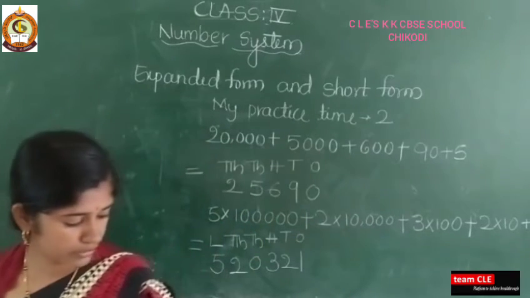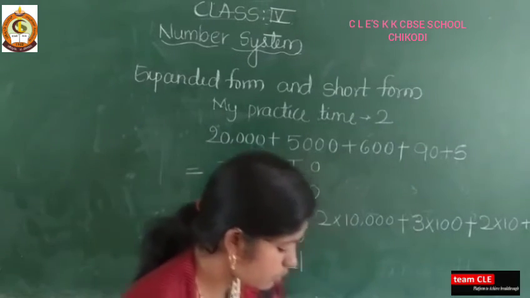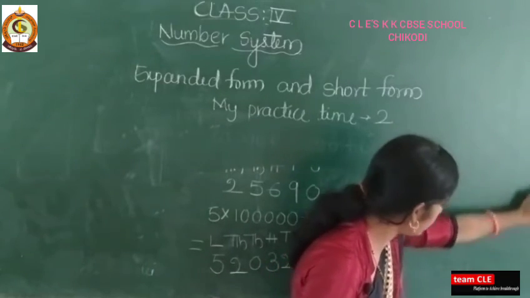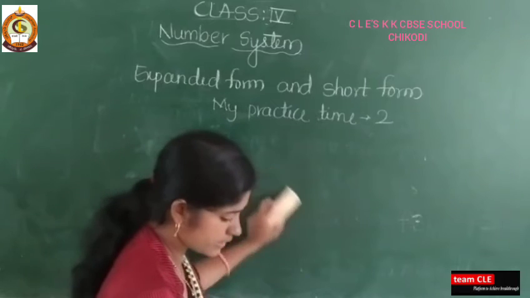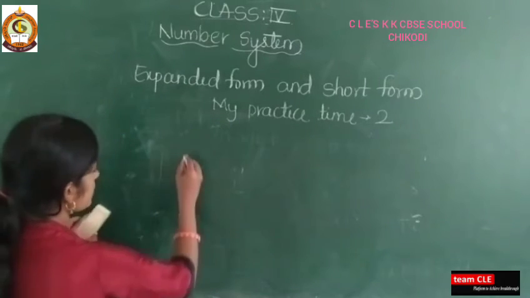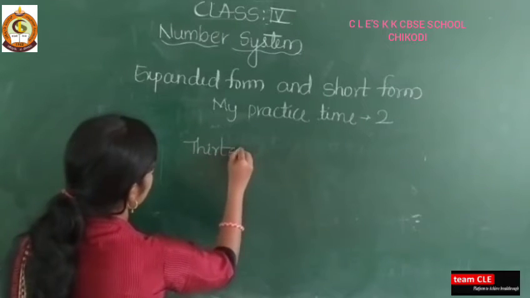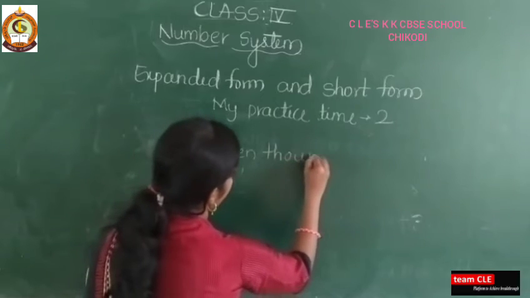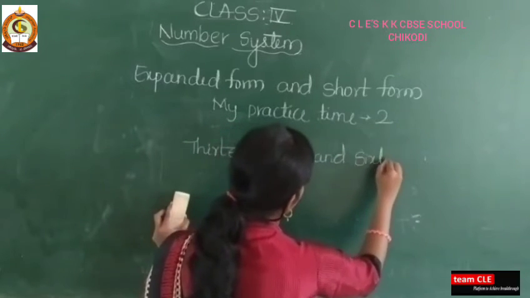Yes. Next, here one more question is there. Write the following numbers in the expanded form. Let us take that example. I am solving from My Practice Time, page number 84, third one. So they are given in words: 13,016. So write here again place value chart.